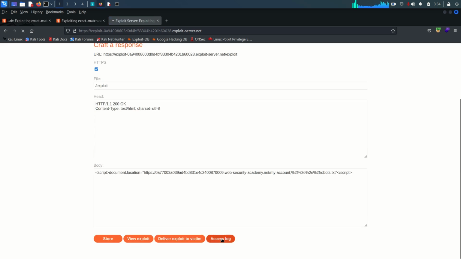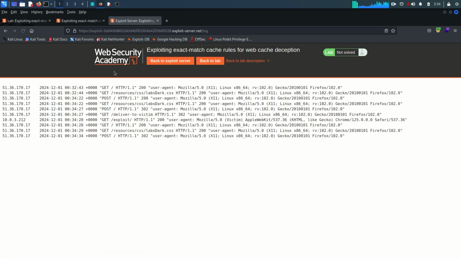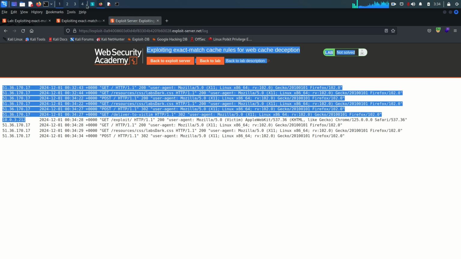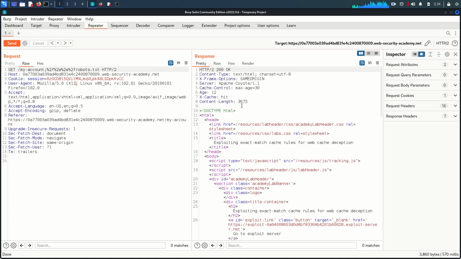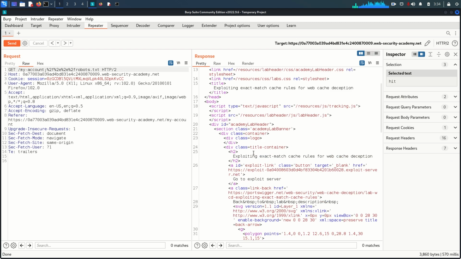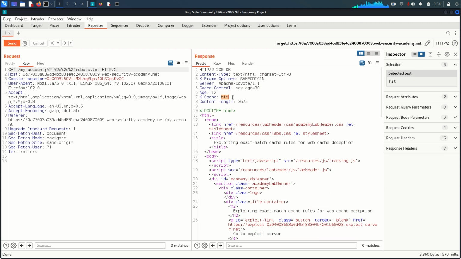Okay, go to the access log and let's see whether the victim accessed our malicious link or not. So you can see he tried to access. Back here, without wasting time, just send the same. You can see we get the hit. That means the first time the victim accesses this malicious link, he will get the miss here, but